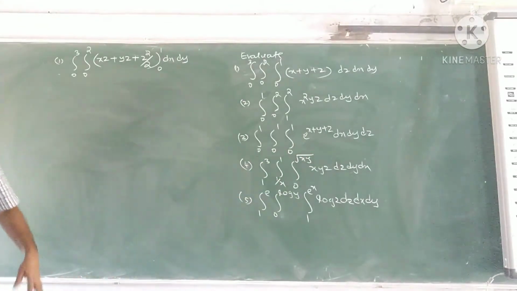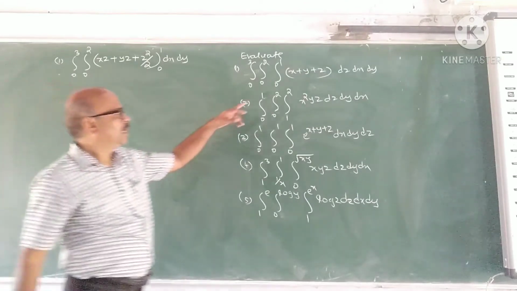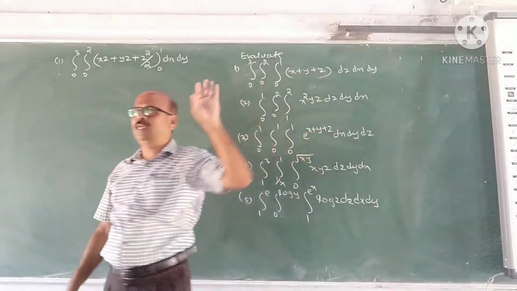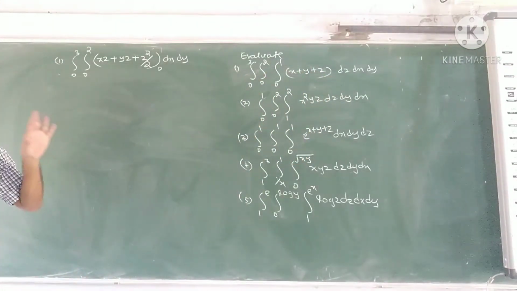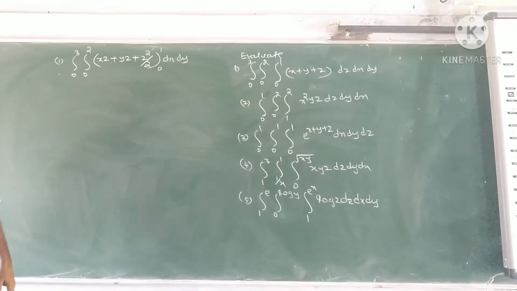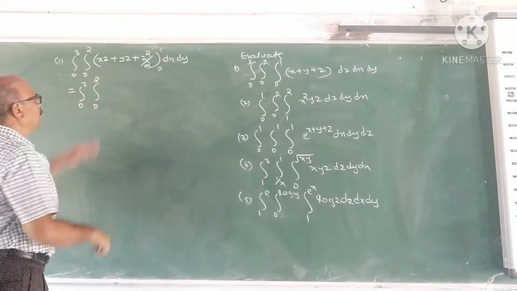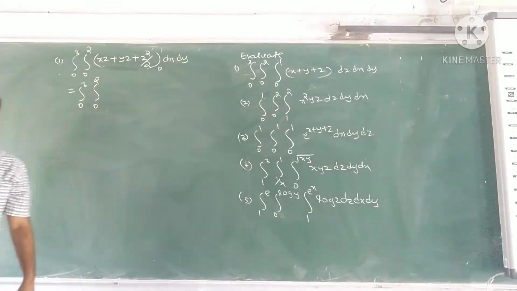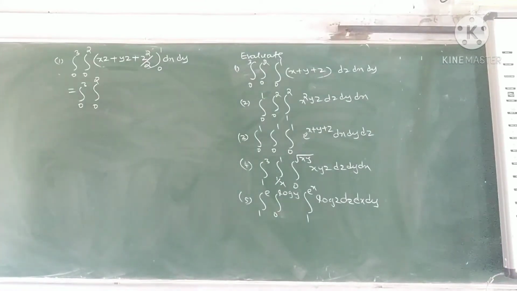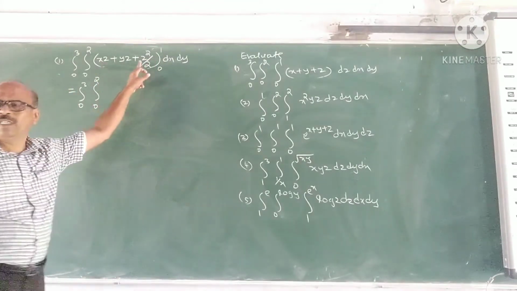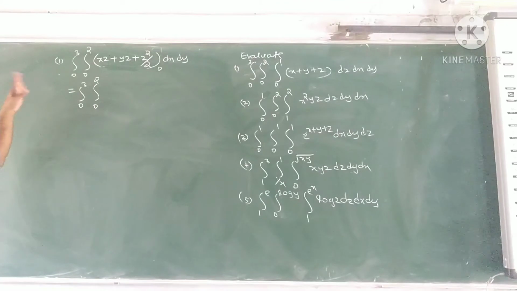It is like this, dx dy. You follow the integration: x plus y plus z, plus here x z, y z. What is the integration of z? We are integrating with respect to z, therefore z square by 2. What are the limits? 0 and 1. 0 to 3, 0 to 2. Now how to take the limit here? Limits are assigned to z. You have to take z is 1 here, minus the value of this when z is 0. x and y you have to keep as it is, because we have integrated with respect to z.